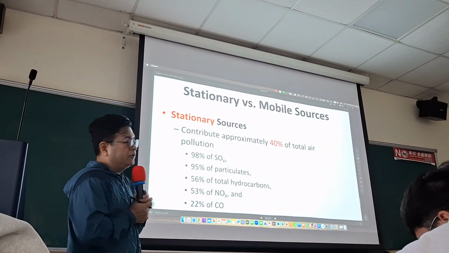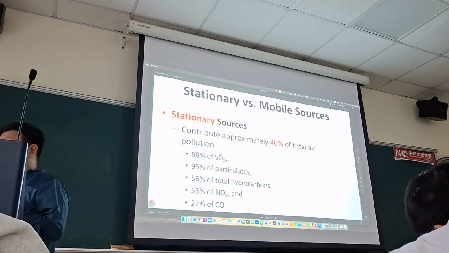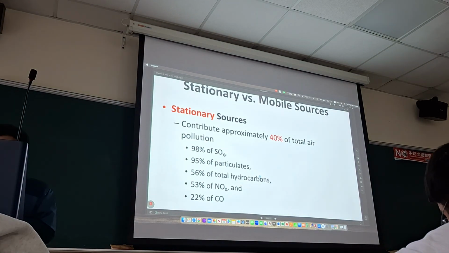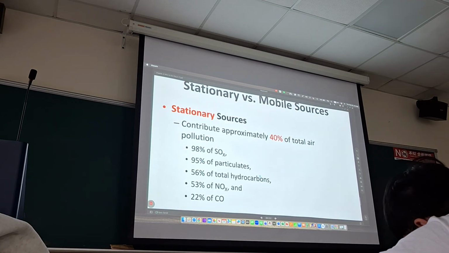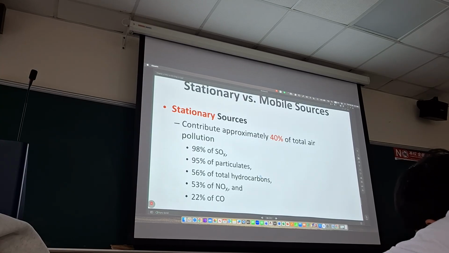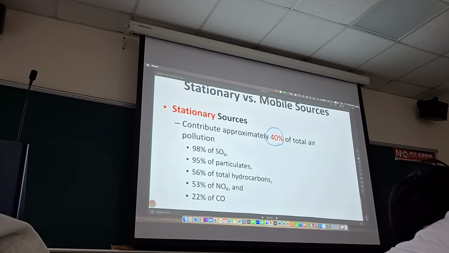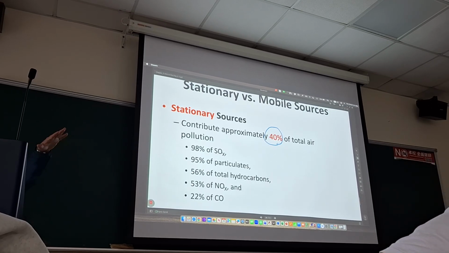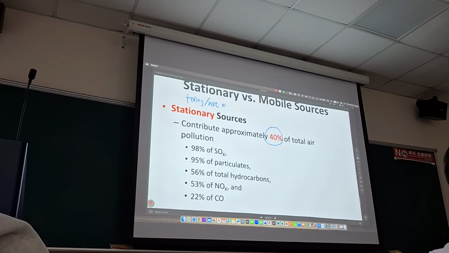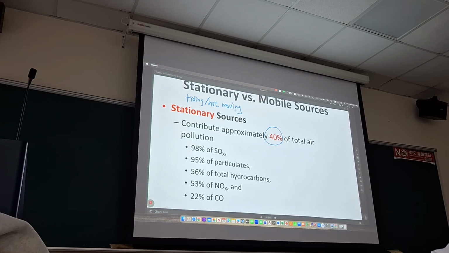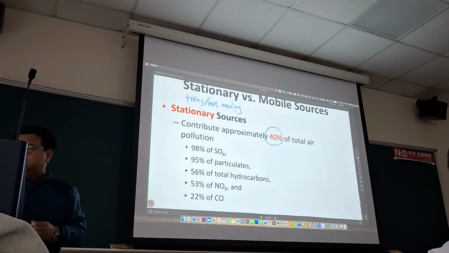Okay, and those pollutants come from two sources. One is called stationary sources. Stationary means not moving, that means fixed. And 40% of the air pollution is caused by stationary sources. Fixed or not moving. 固定的。